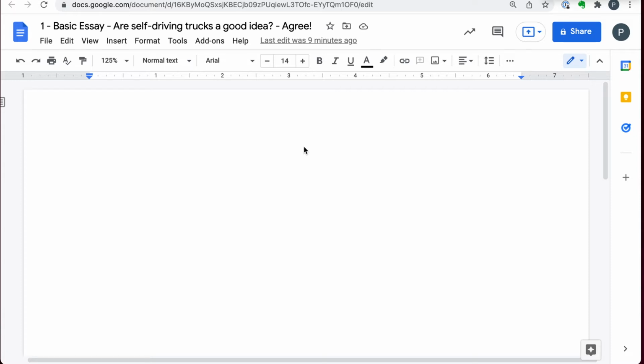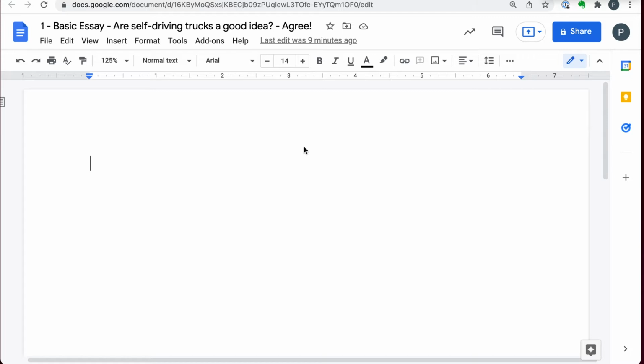Now, the method I'm using is always the same method. The steps that I use are always the same, even if I'm writing a research paper. Right now I'm writing a basic essay, and I might do some research essays later down the line. But right now I just want to get the basics down and show you how I use the basics to write an essay, using my own method. So let's get started.